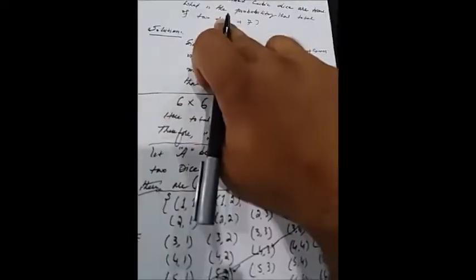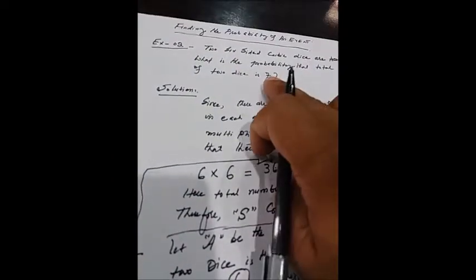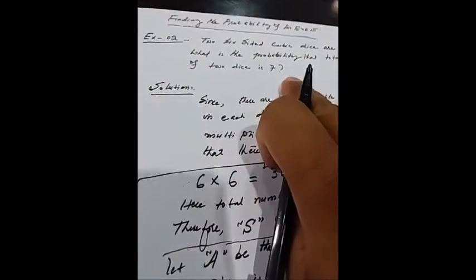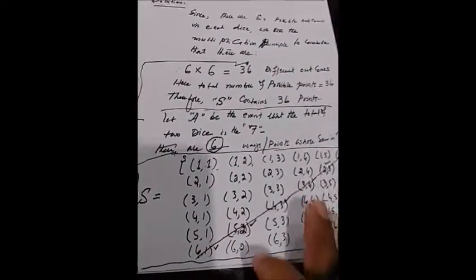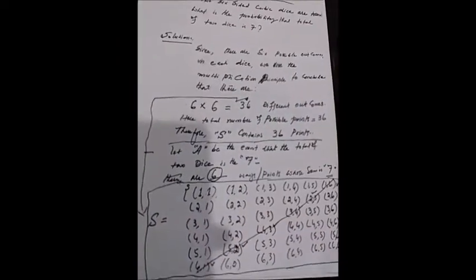So this is our problem: the probability that the total of the two dice is 7. The sum of 7 can be rolled in 6 ways. This is a procedure by which we have individually segregated all the outcomes obtained by rolling the two six-sided cubic dice together. So now we have another way.